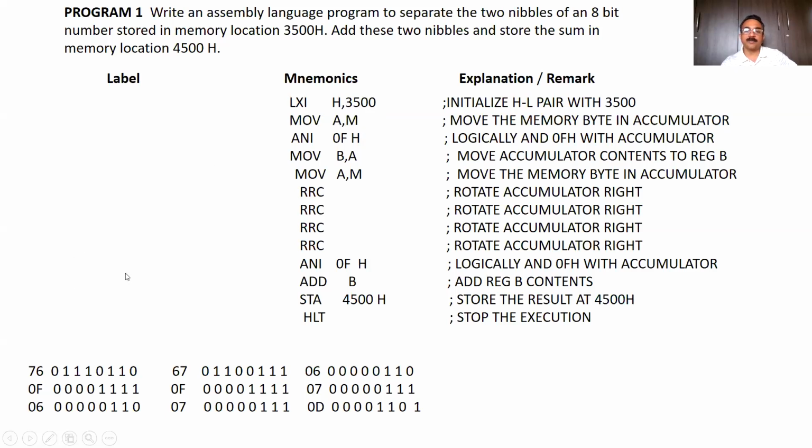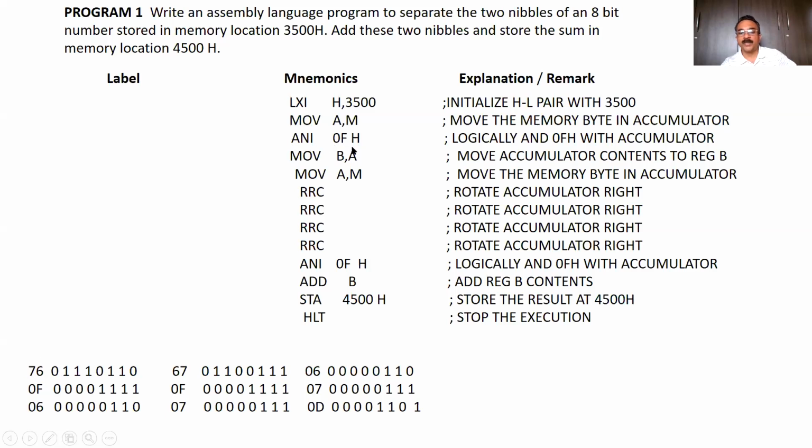Now in the program is the addition of two digits. So two digits of this 76 is, first digit is 06 and the second digit 07. Okay, digit is 6 and 7. So 6 we write as 06 and 7 we write as 07 in hexadecimal. So how to get this 6? So you'll have to use instruction ANI 0FH. So what is this ANI? This is logical AND immediate.